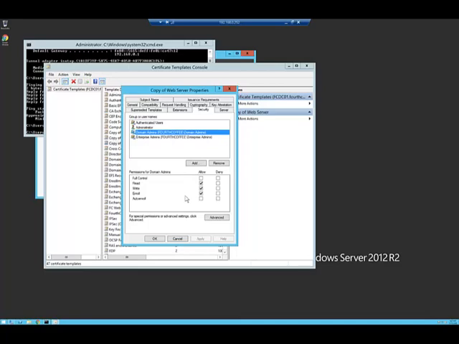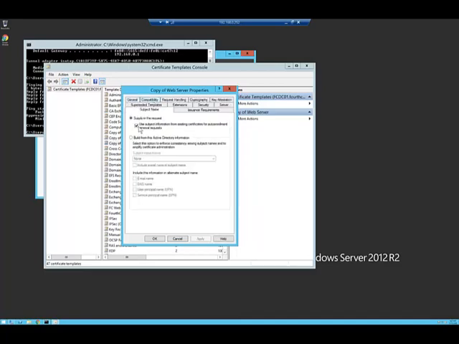Now, user certificates will show up for sure if you have read and enroll permissions to them. Not all computer certificate templates will show up. Computer certificate templates will only show up if the subject name is set to supply in the request. If you have a computer template and it's set to build from this Active Directory information, it won't show up in the web enrollment. The other thing to keep in mind is you can only use version 1 or version